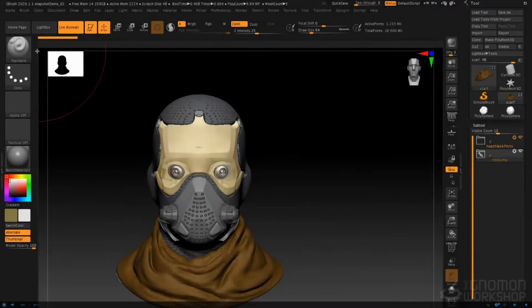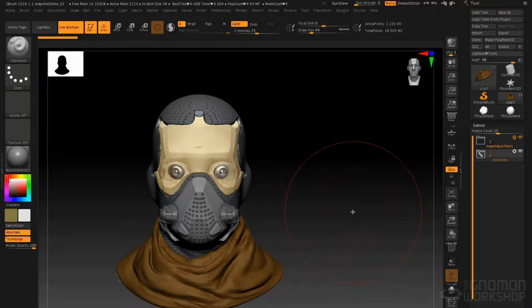In this lecture, we're going to talk about Snapshot 3D. Now, Snapshot 3D is a modeling tool which is based around the Spotlight interface. Now, there's two other videos in this series that talk about Spotlight. The first talks about Spotlight in the context of being a way to bring photo reference into ZBrush. The other talks about Spotlight as a texturing tool. This will discuss Spotlight as a modeling tool, which utilizes what's called Snapshot 3D, which basically generates geometry and booleans